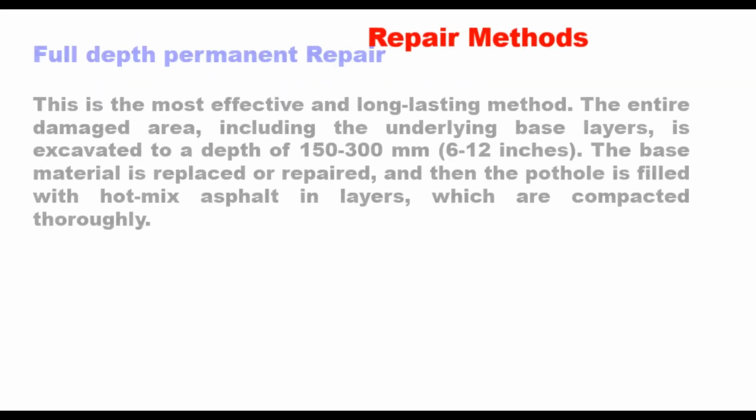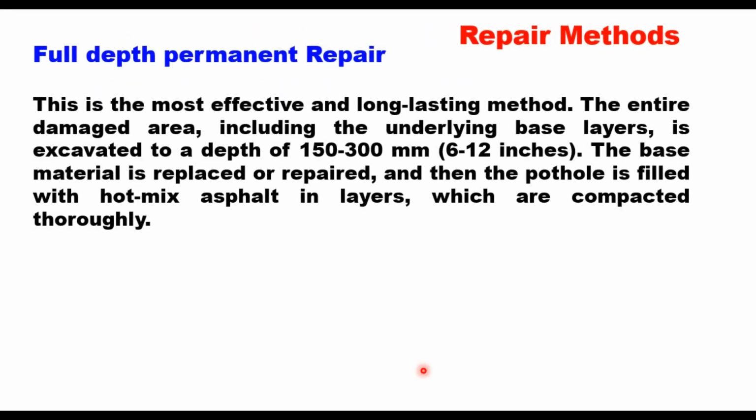The third method is full depth permanent repair. This is the most effective and long-lasting method. The entire damaged area, including the underlying base layer, is excavated to a depth of 150 to 300 mm. The base material is replaced or repaired, and then the pothole is filled with hot mix asphalt in layers which are compacted thoroughly. And the fourth method is